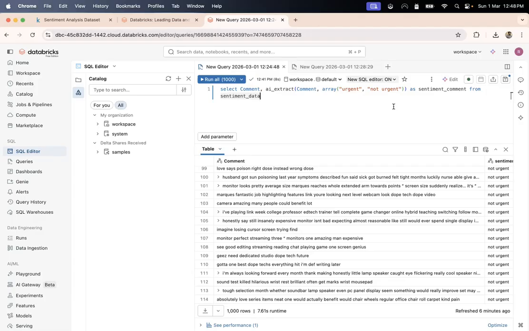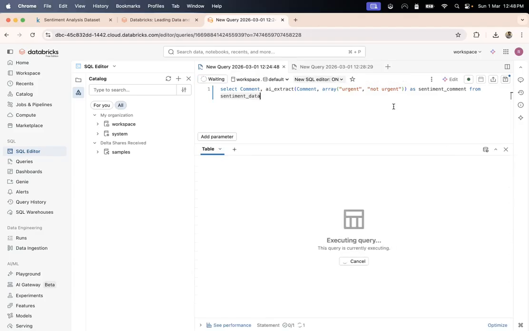You have to try out a bunch of stuff, see how it looks, and then from there you can modify your query. Let's do command return, or control enter if you are on Windows. Let's see what it does. Although I am aliasing it as something which is not right, but let's see.